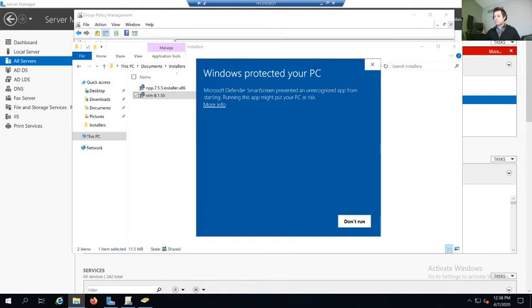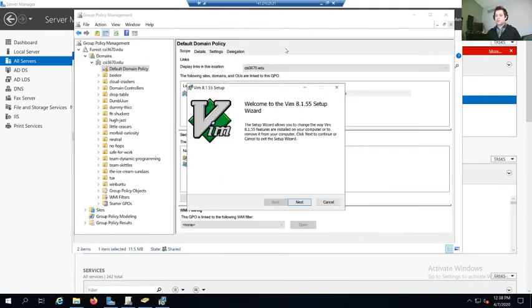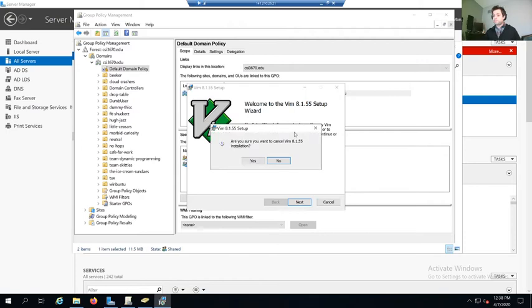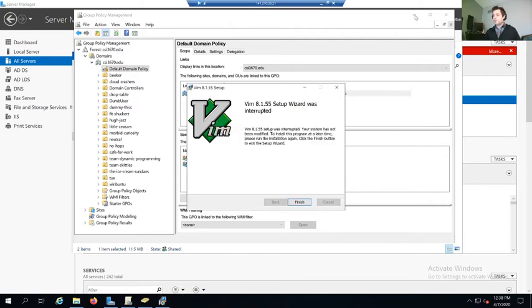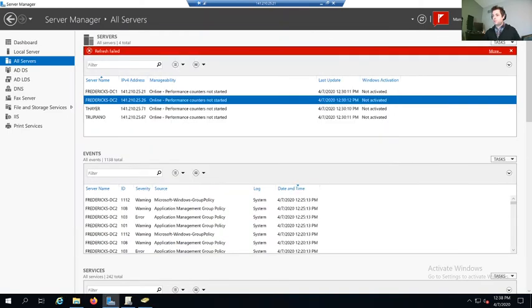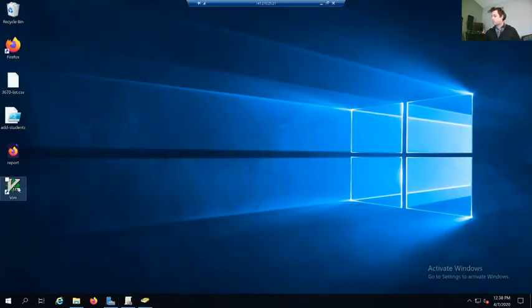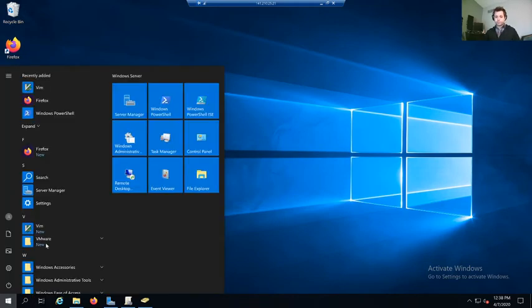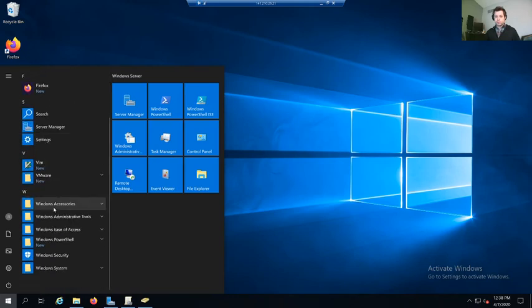I was not getting this little pop-up before. So basically this would be the Vim installer. It's already installed on this machine. Yes, cancel. Finish. Minimize, minimize, minimize. So we see Vim's already installed on here. Notepad++ is not. I have not rebooted this machine yet. I don't think, anyway.